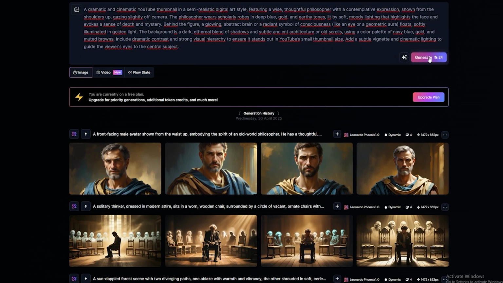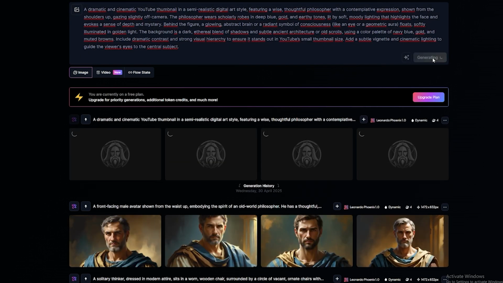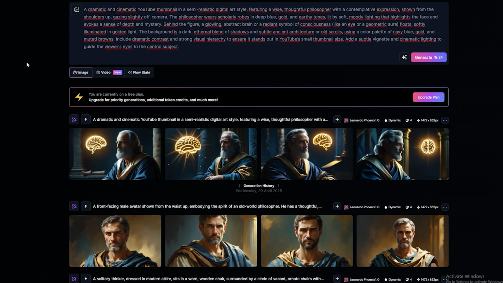Once you are in, use the same settings as before. Then paste the prompt into the box and click generate several times so you have several thumbnail options to choose from. When you're done, boom, you've just created thumbnail examples that perfectly match the video you made. Now pick the one you like best and download it. And with that, you're ready for the next step.